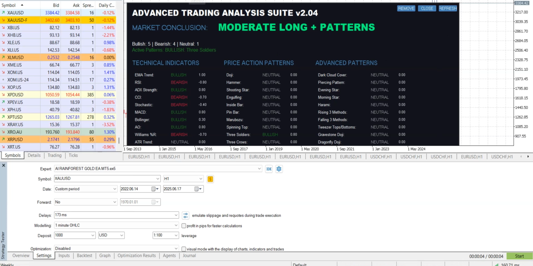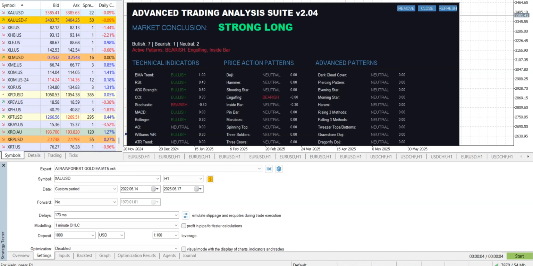I am now using it every day. I am checking what it is saying. As you can see, when there is a signal and there are patterns, then it is going to write this on the screen, which is, I think, very useful, because especially on the monthly time frame, when there is a great pattern, then you know that it really matters. Now we are on the gold monthly chart.